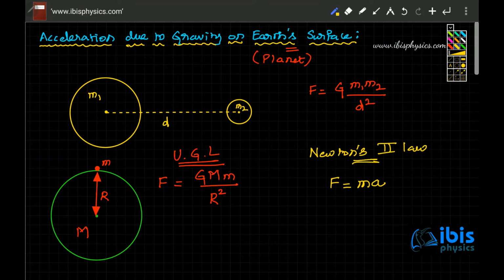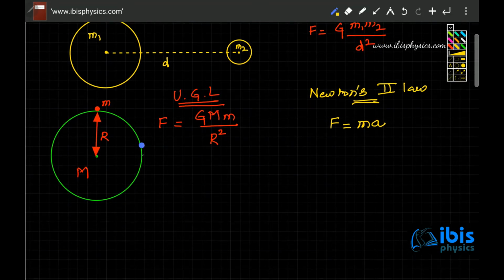Now what we are supposed to find out is the acceleration due to gravity of a planet. Suppose on the surface of the planet, because from the center to all the points at the surface the distances are equal, at that surface gravity is g. g means acceleration due to gravity. So we know that force is mass into acceleration. If you want to find gravitational force, it is mass into gravitational acceleration. Instead of acceleration, we put gravitational acceleration. Then the force becomes gravitational force.